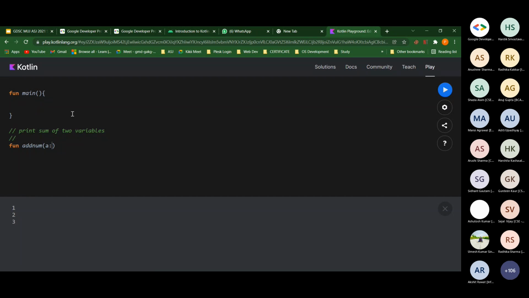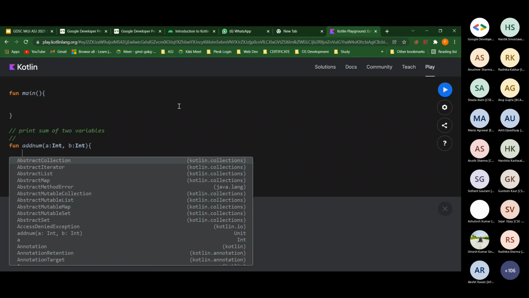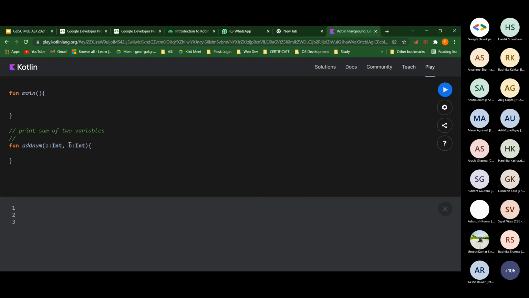Let me talk about the arguments for just a second. These are the arguments that are being passed in order to get the values of the variables in the function execution. So basically we have defined the variable a with the data type of integer, that is, we are getting the value of a as an integer and b as also an integer. So for printing the sum, we can write println a plus b,